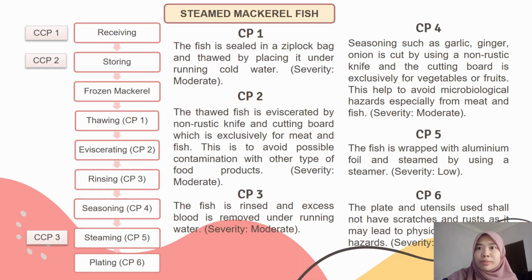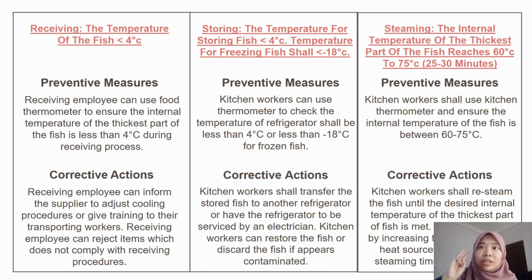So we move on to the main dish of the dinners, which is steamed mackerel fish. In the steamed mackerel fish, there are 3 critical control points. The first CCP is at the receiving stage. In the receiving stage, the fish shall be received when the internal temperature of the fish is less than